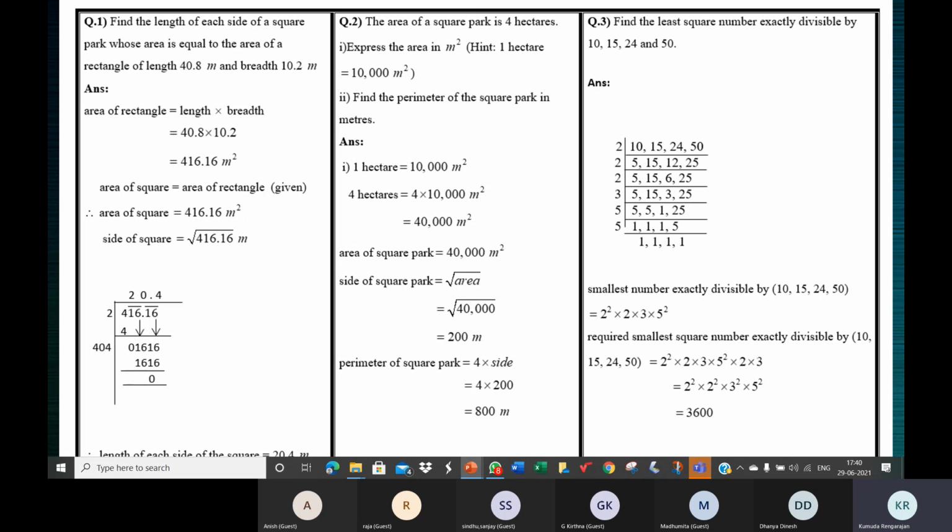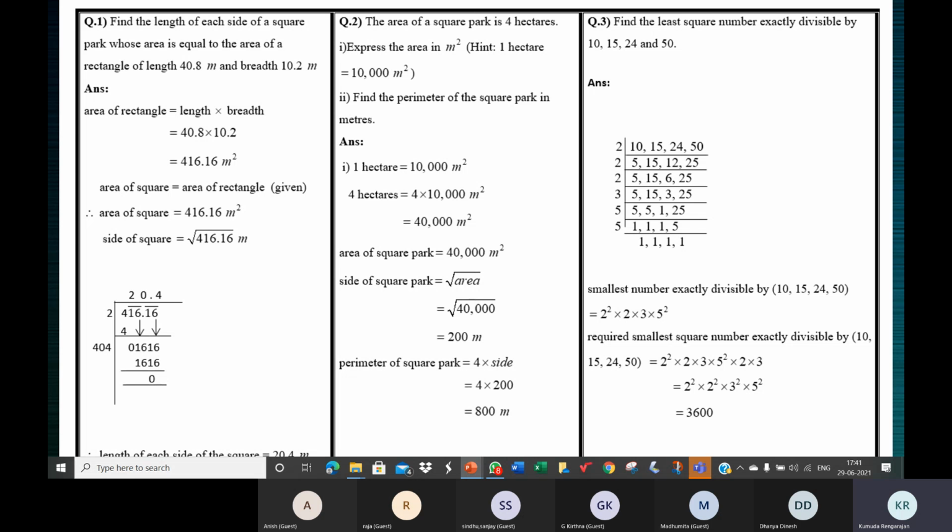So 12 is the smallest number. And what you should understand is 12 and all the multiples of 12 will be divisible by 2, 3, 4, and 6. But 12 is the smallest number. We have considered the numbers 2, 3, 4, and 6, and we are trying to find the smallest number that is exactly divisible by them. And the number is 12. 12 is divisible by 2, 12 is divisible by 3, 12 is divisible by 4, 12 is divisible by 6. So 12 happens to be the smallest number that is exactly divisible by 2, 3, 4, and 6.